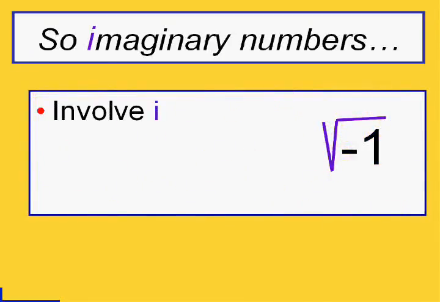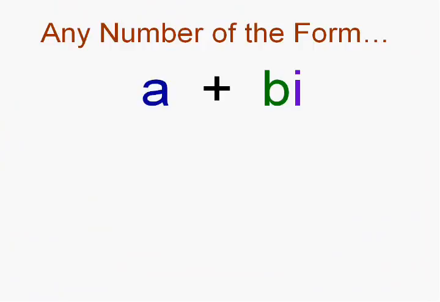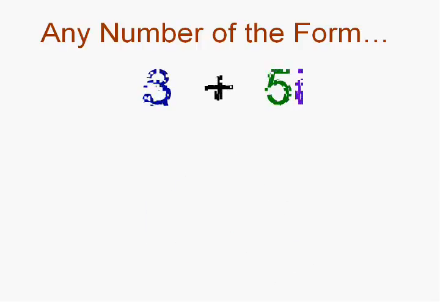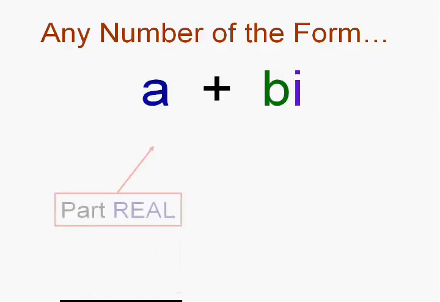So, imaginary numbers involve, of course, what we just told you, i. They're not real, which means, of course, that they don't actually exist. But they seem to crop up in these equations, as we saw at the beginning. So any number of the form a plus bi, yeah, there's a lot of letters. What I mean is, allow me to demonstrate. 3 plus 5i, or 3 minus 1i, or 3 minus i, of course that's the same as 3 minus 1i,